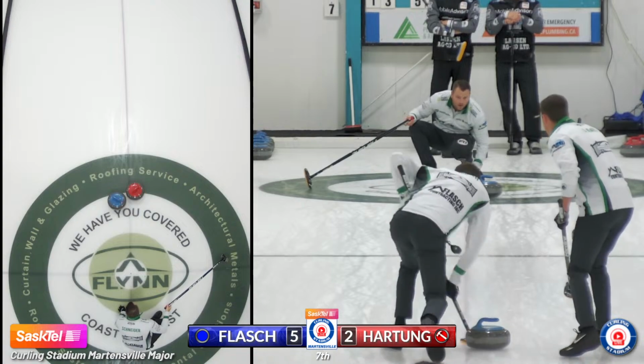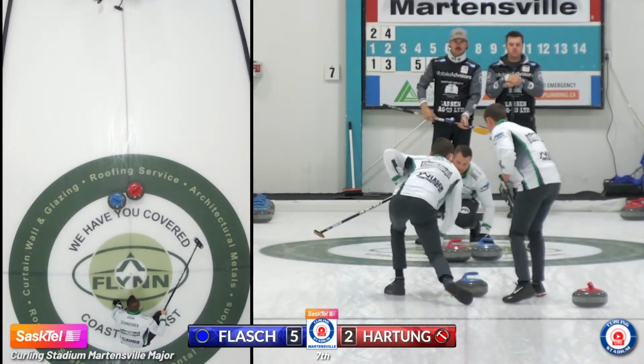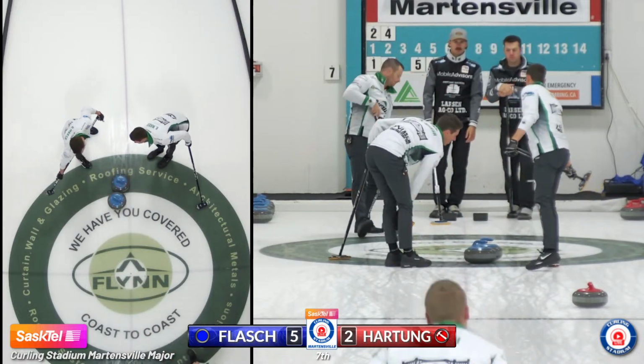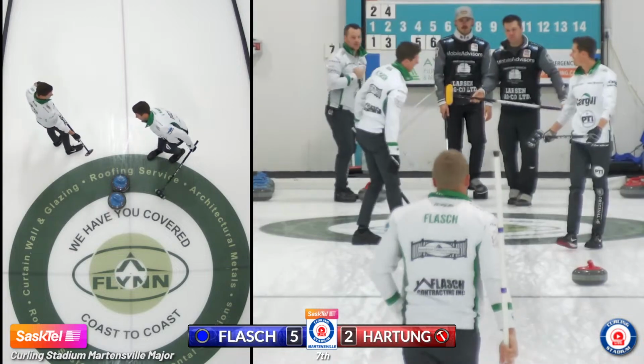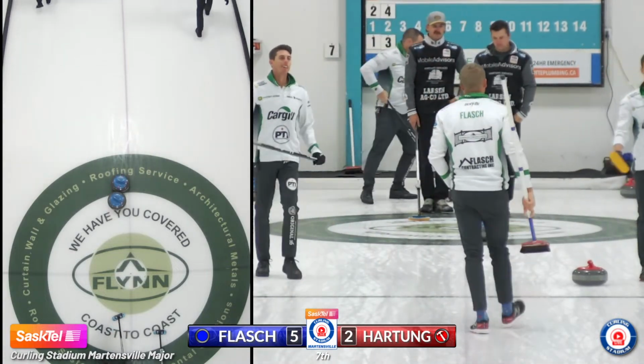We're on the brush right away. Well, now I've got to go to plan B, I think. Try to hit and just roll right in front of your own, dead lined up. He's got them almost touching. There is a bit of an angle there, but